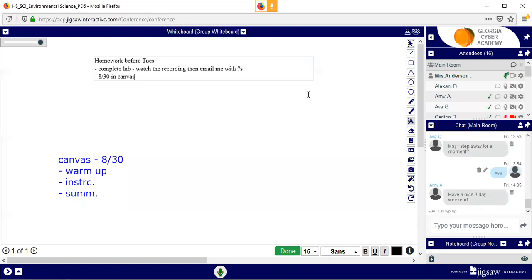On Tuesday, okay, or before Tuesday, before you leave, make sure to complete the lab. Make sure to work on and finish today's stuff in Canvas. I'll hang out a few more minutes if you have questions. Otherwise, have a good rest of your day and have a great long weekend, guys.